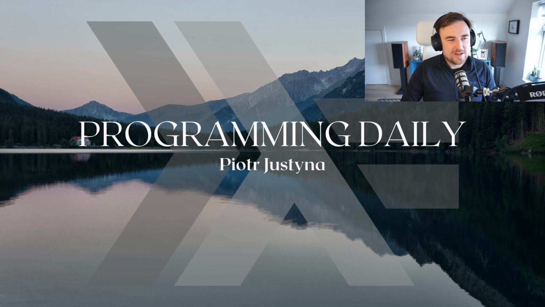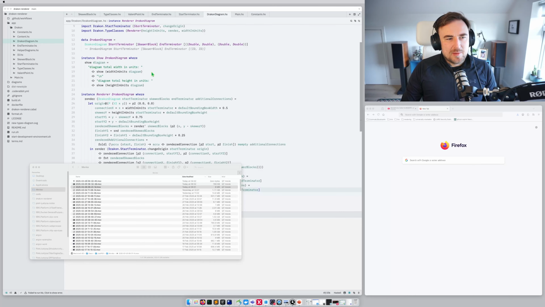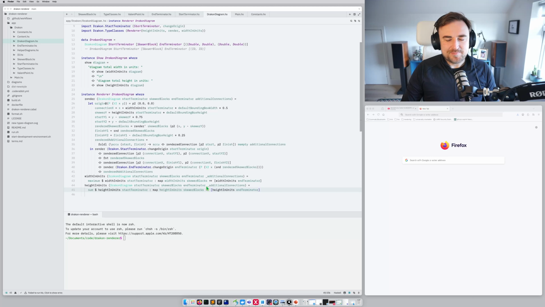And today I'll be continuing my work on drakon renderer. We don't need this, do we? And I plan to focus on finally transitioning from these list of pairs of tuples to the list of IDs, if time allows. But before we can do that, we need a reliable way of fishing out skewer blocks by ID